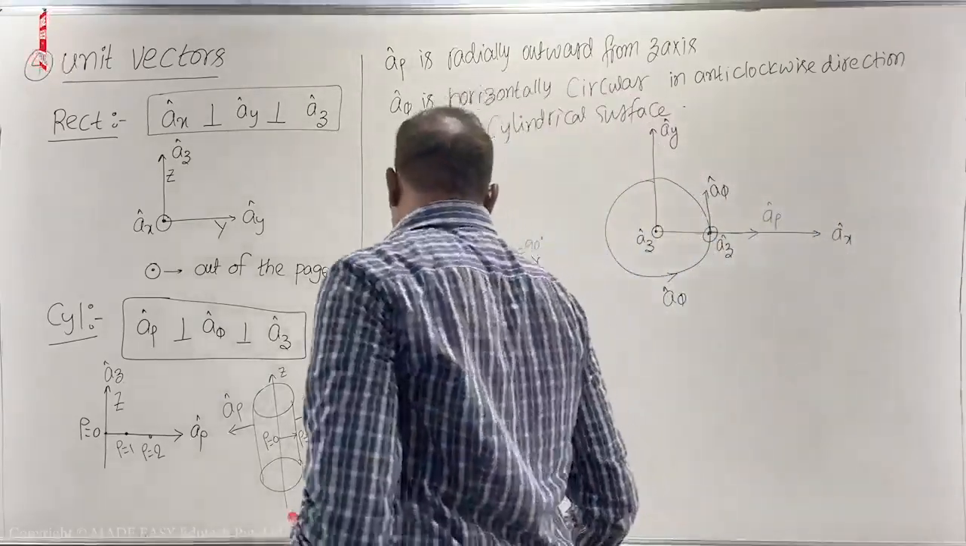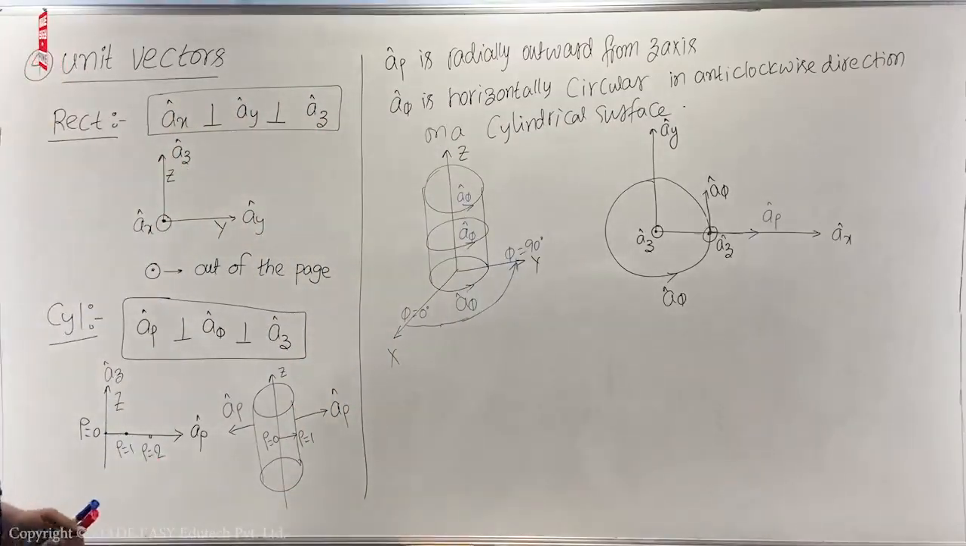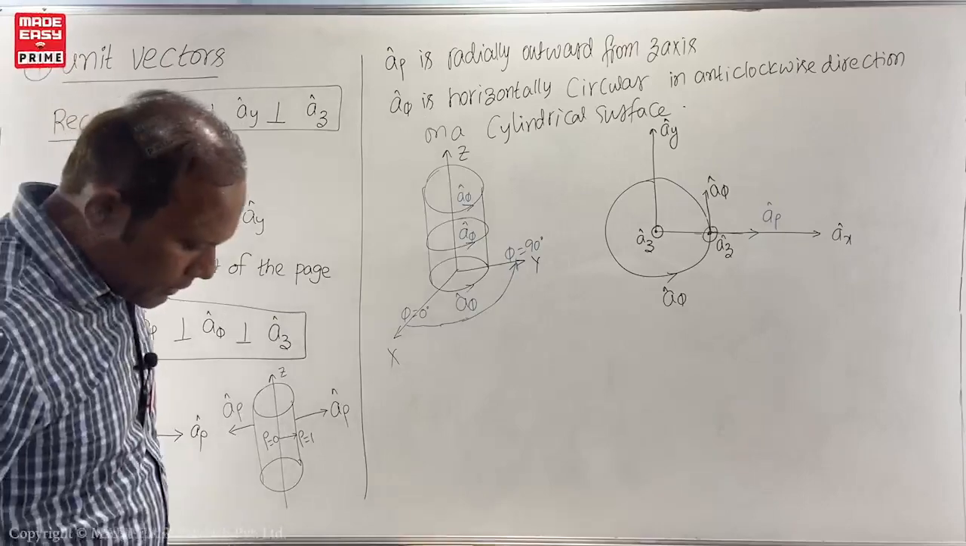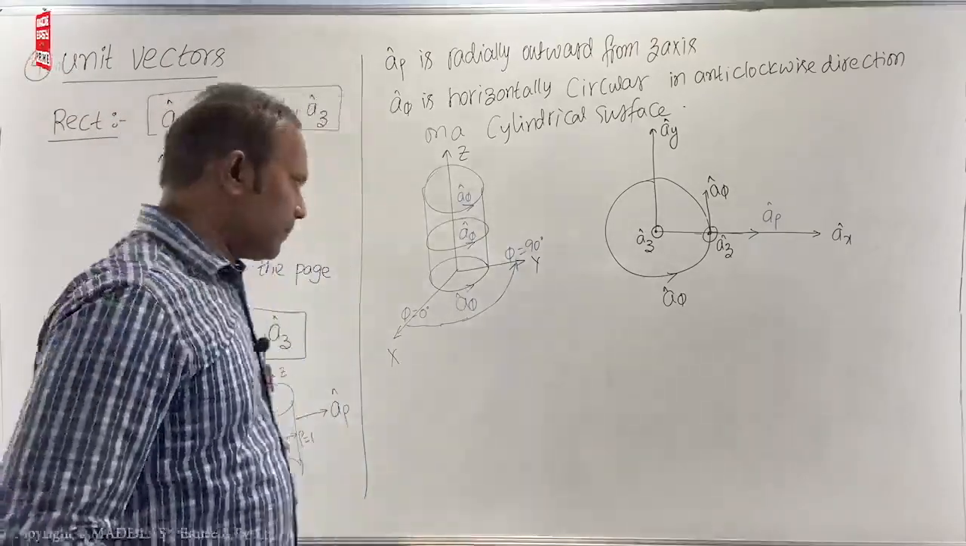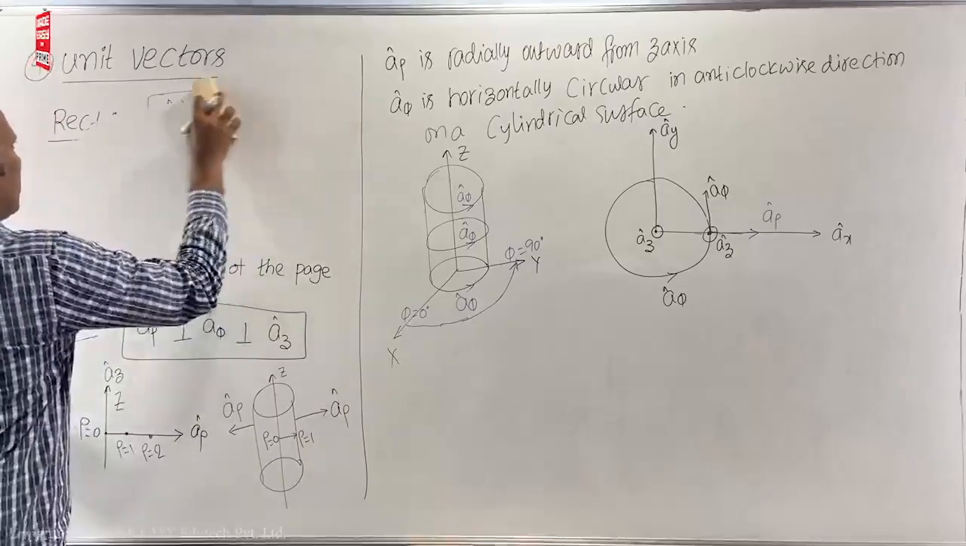Now let us talk of unit vectors in the spherical coordinate system. So in the spherical system,